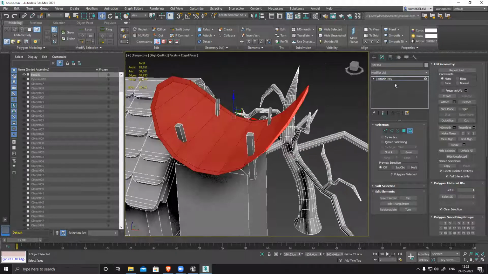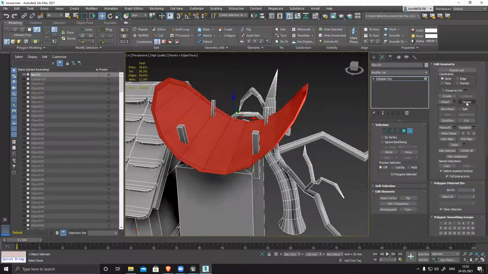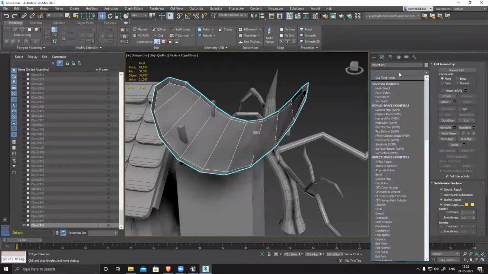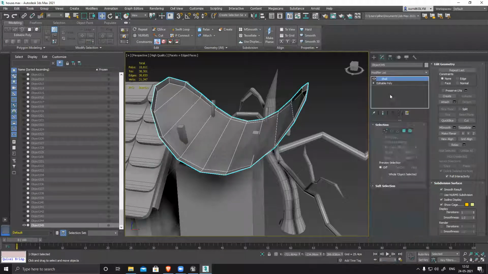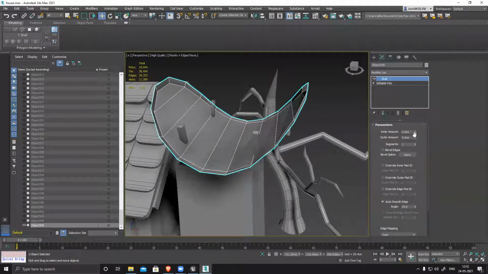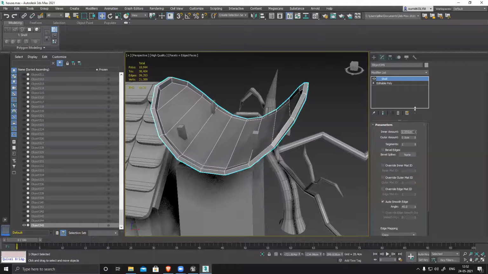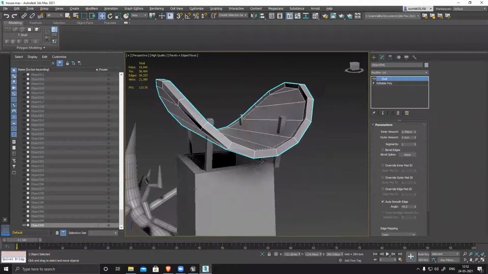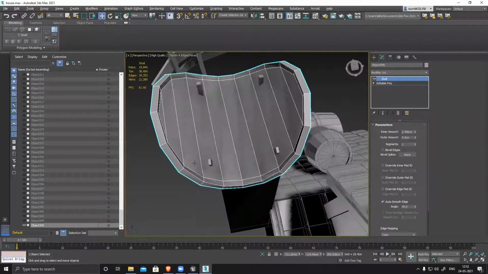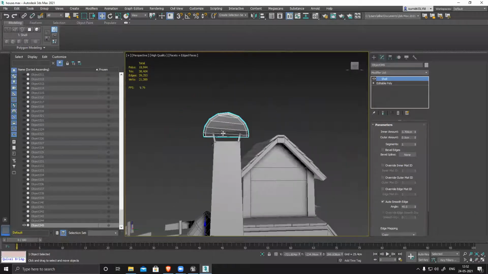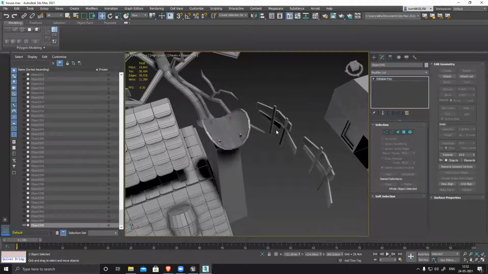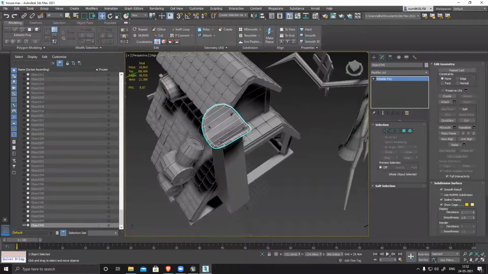Apply this thing. Separate this, detach it. Select this. Apply a shell. Shell, no outer, inner. This is what you want, right? So like this, you will create. So it's all quads. Everything is nice, clean. Everything is connected. And then right click, collapse all polygon. So this mesh is ready now.